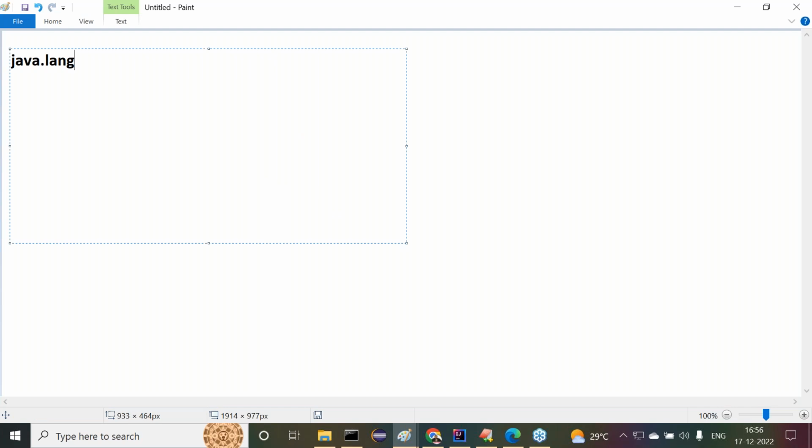java.lang is a package where a set of classes and interfaces are available. There we can find the String class, the StringBuffer class, and so many others. Leave it. Next one is